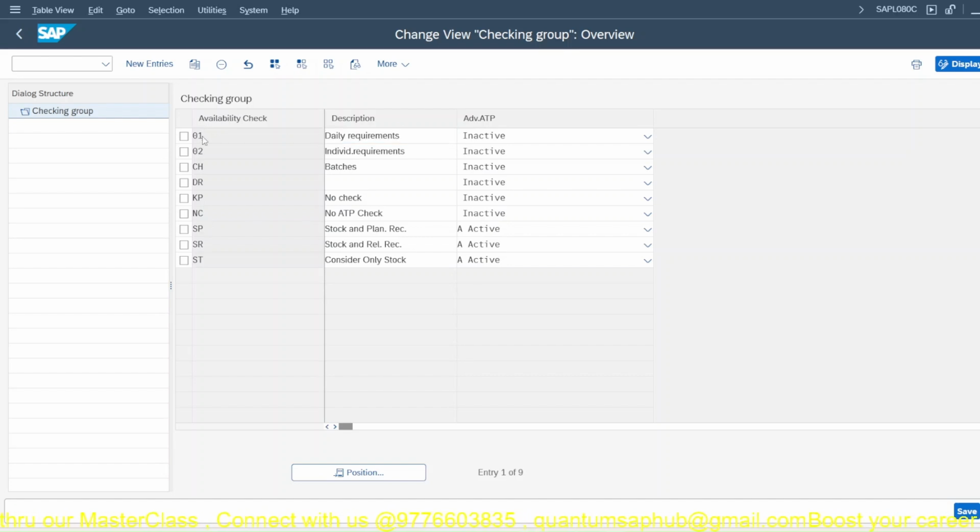So 01 is the daily requirement. In MRP, all the requirements are clubbed together and go as a single line. And individual requirements are handled through MRP. Okay. Now this checking group is available in MM02,